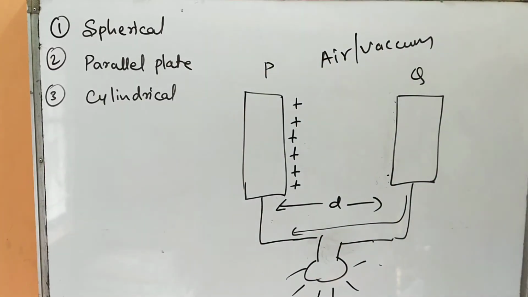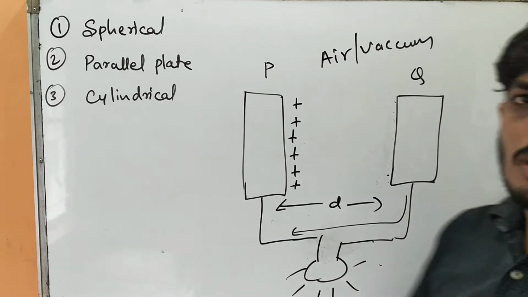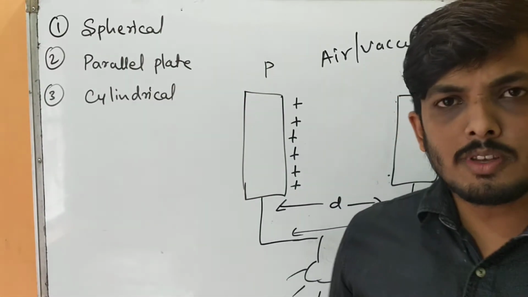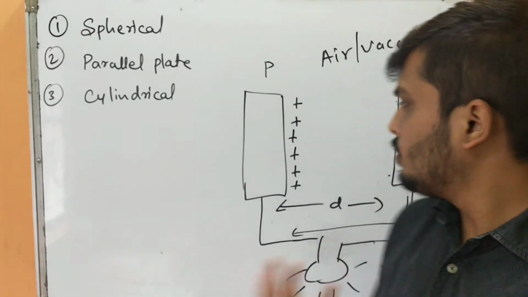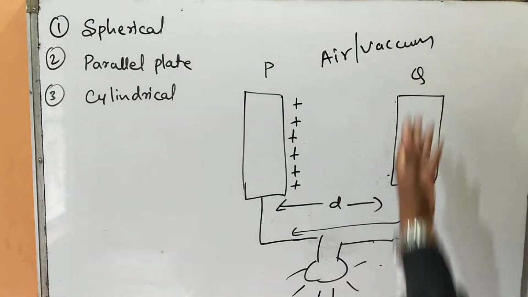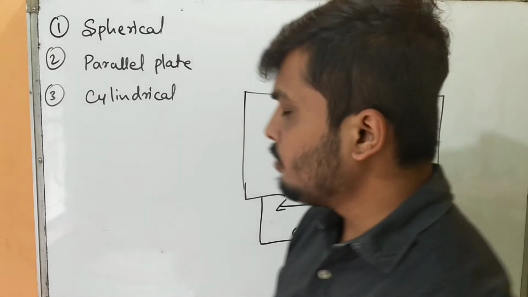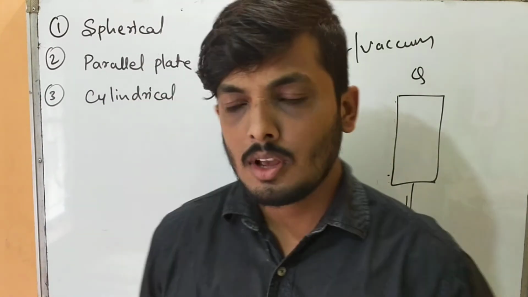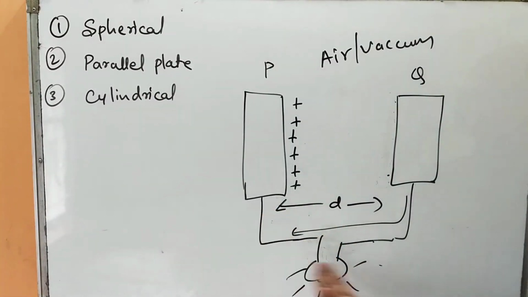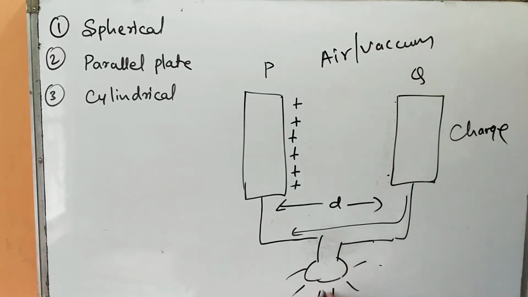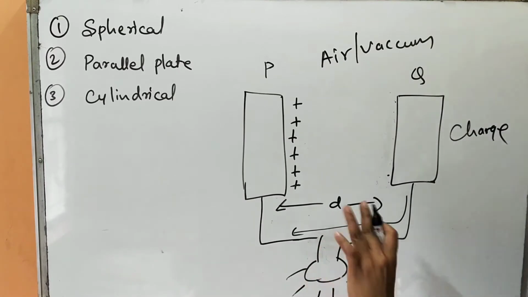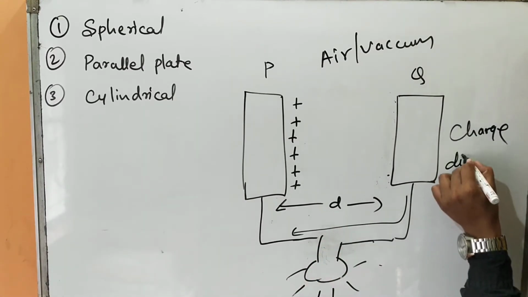Now the most important thing is that anybody can construct this kind of parallel plate capacitor. You just need two metal plates, separated with a certain dielectric medium, any insulator, or even if you don't separate them with any material medium, they are indirectly separated by air or vacuum, which are themselves insulators. You connect them with the battery, allow the charge to flow, and it will be charged, correct? So in the first stage it will charge, and if you remove the battery and connect any electronic device, it is going to discharge.